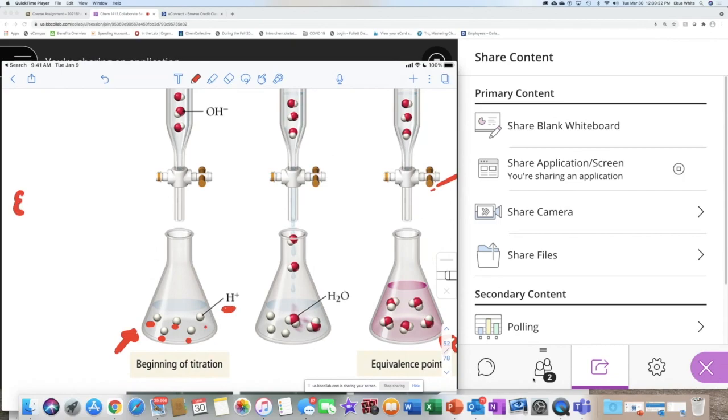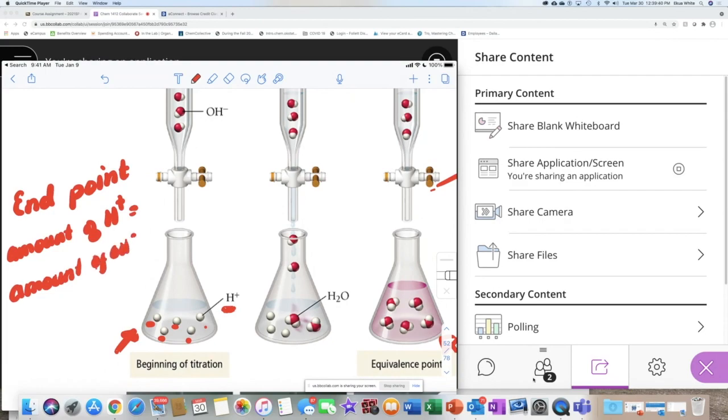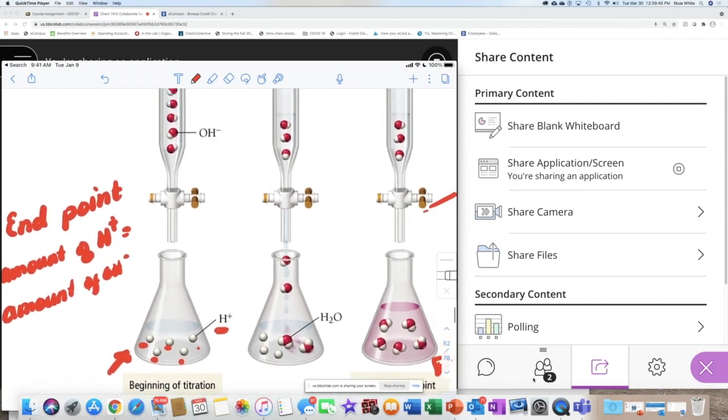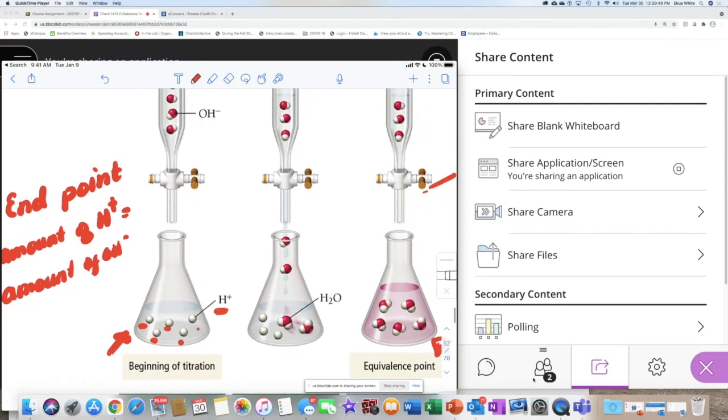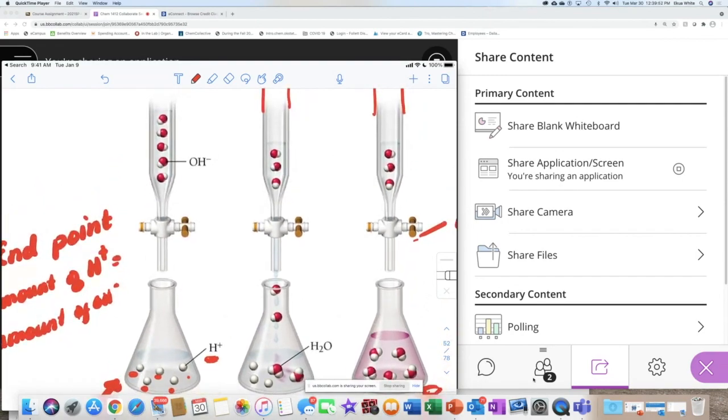Okay, so I want to point out that at the end point of the reaction, when the color changes, the amount of H plus equals the amount of OH minus. Okay, that's when the reaction ends. So where was I? Now all I have is H plus in my flask, and then I'm going to add OH minus. So you can see here, I have 5 H pluses, and I have 1, 2, 3, 4, 5 OH minuses,